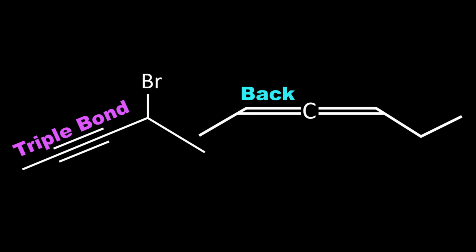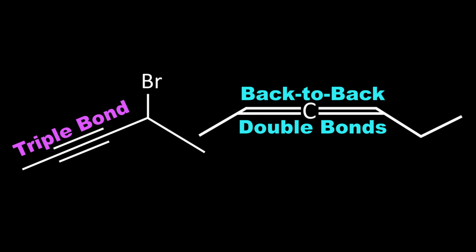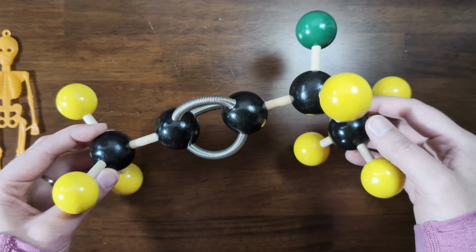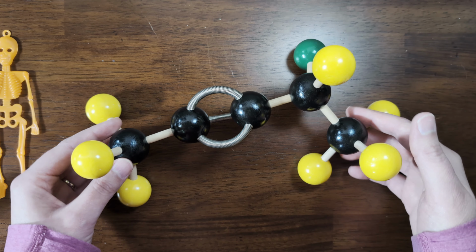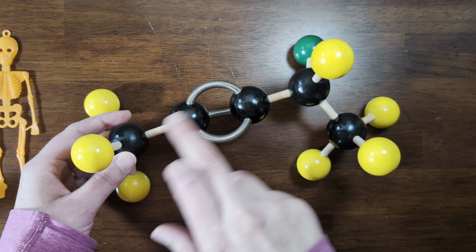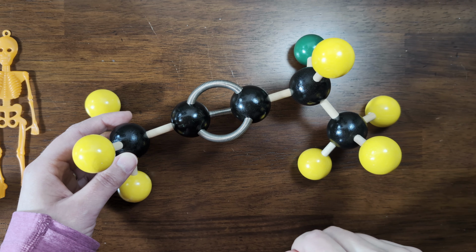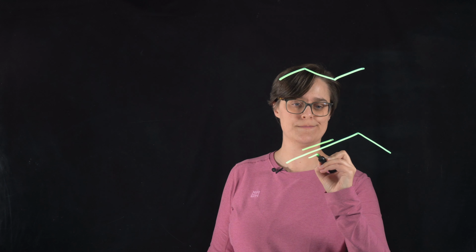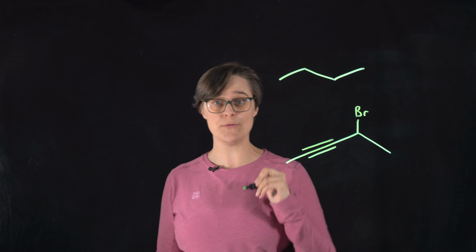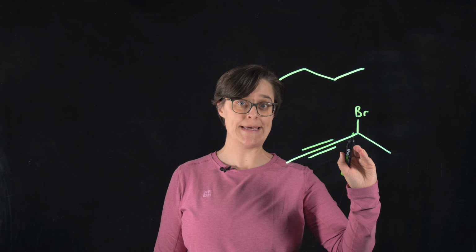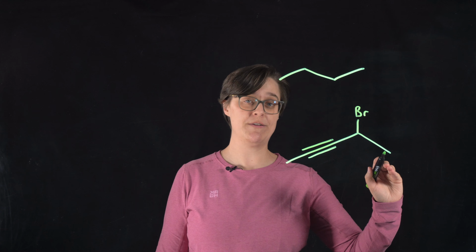Triple bonds and back-to-back double bonds are a common point of confusion. Look at this molecular model. Triple bonds and back-to-back double bonds really do have a 180-degree bond angle, so there is a big linear section. Let's draw that molecule too. Counting the carbons in this molecule, we have 1, 2, 3, 4 in a line, and carbon 5 is off